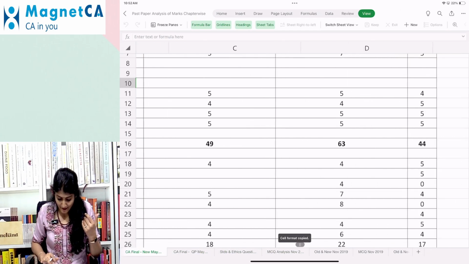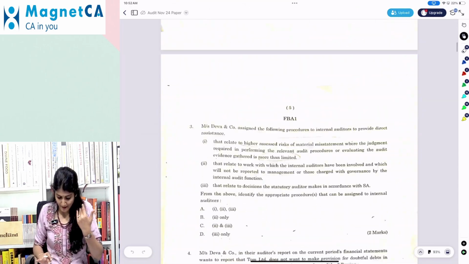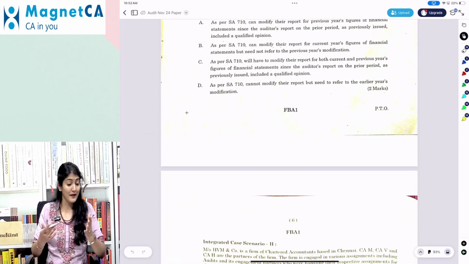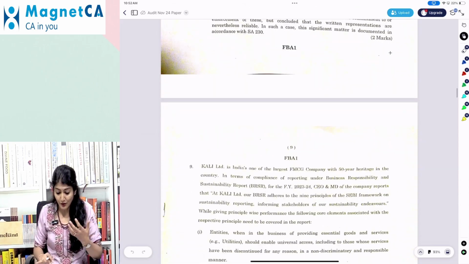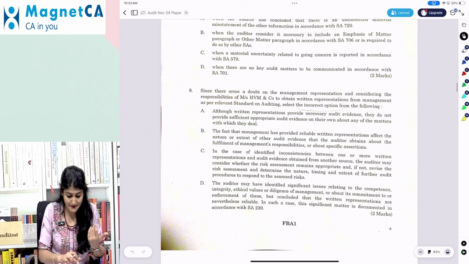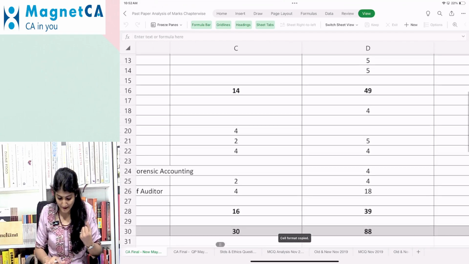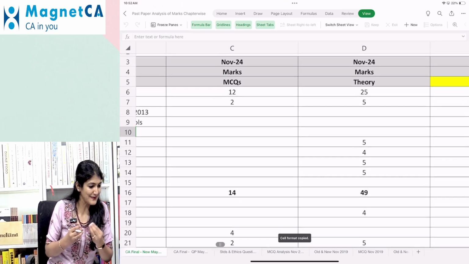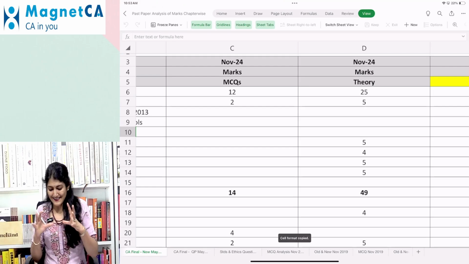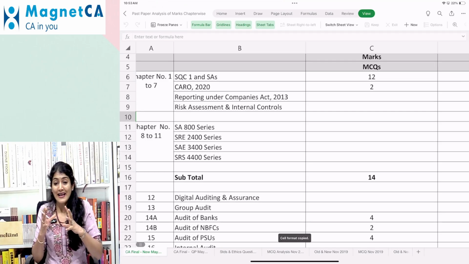Okay. Right. So I hope this analysis is useful, and if you want to have a look at the question paper, this is the question paper. I'll record a separate video wherein I'll discuss these MCQs in the question paper and also a quick go-through of the theory questions asked in the paper. But apart from that, I hope this particular analysis has given you some insights. You've given me so much of your time, around 15 minutes of the video so far. So I hope that this video has been beneficial.